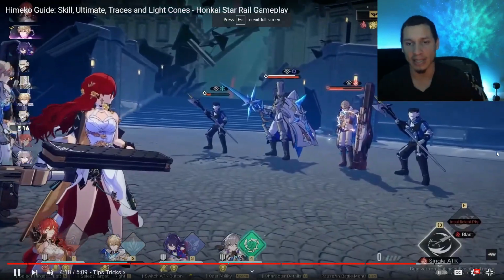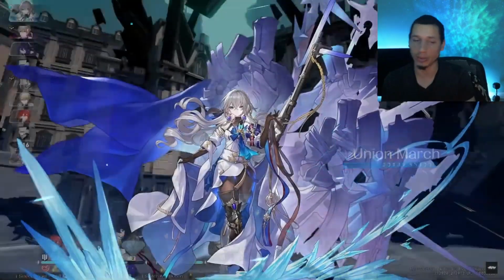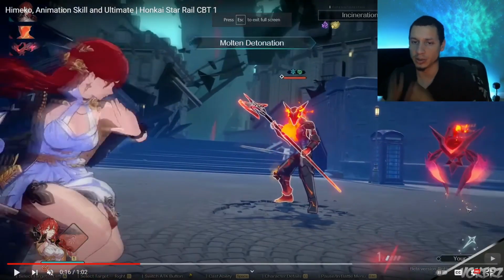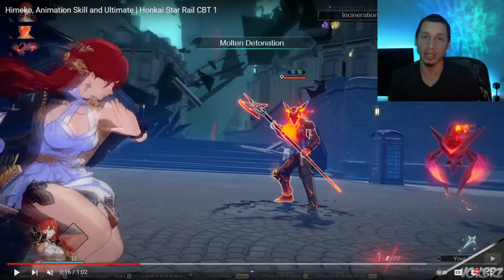And her basic attack is a single target damaging ability that does 50% fire damage. For Himeko's second ability, she's basically going to do damage to a single target, but it's also going to do 40% damage to the targets on the side of them. The majority of this damage comes initially, and then it drops down from 100% to 40%